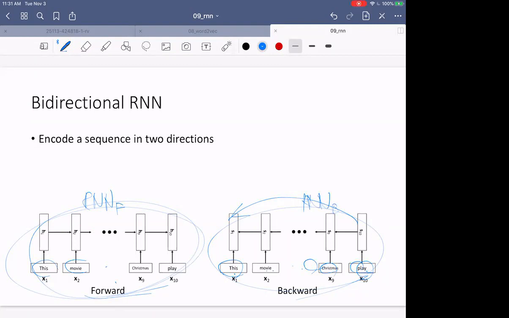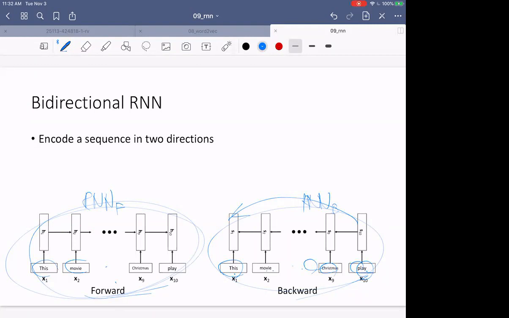So for RNN forward, the last hidden layer represents... in both cases, it actually doesn't matter which direction you put your words in, as long as you respect the order. As long as you make a consistent sequence, it doesn't matter whether you put it forward or backward. But